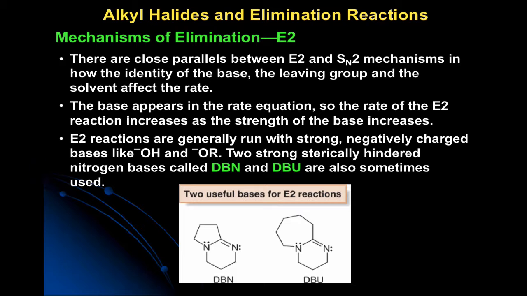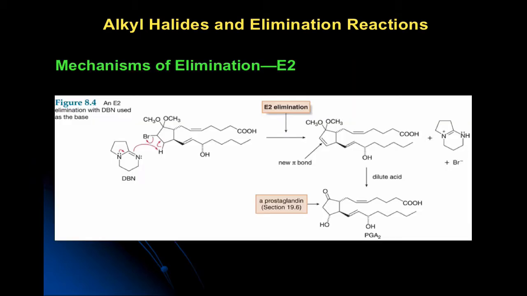These are really good bases, and they're used industrially quite a bit. One of the things that students typically gravitate towards is something like potassium tert-butoxide, and it works, but it's a salt, and sometimes it has limited solubility in the solvents that you want to work with, whereas that's not the case here. And so let's look at a couple of examples where they've actually used this type of chemistry